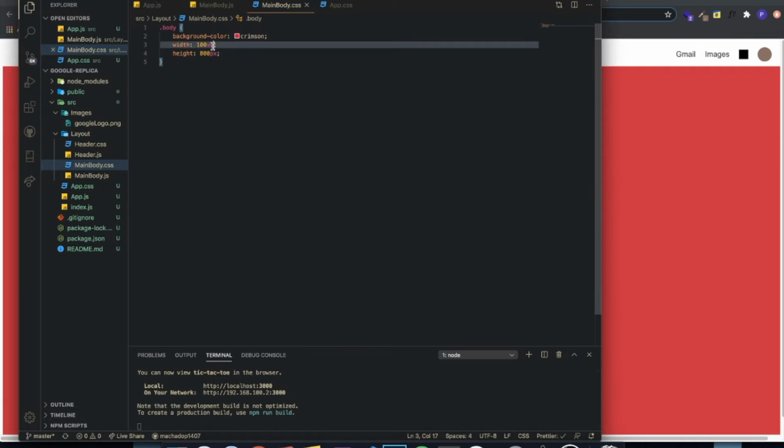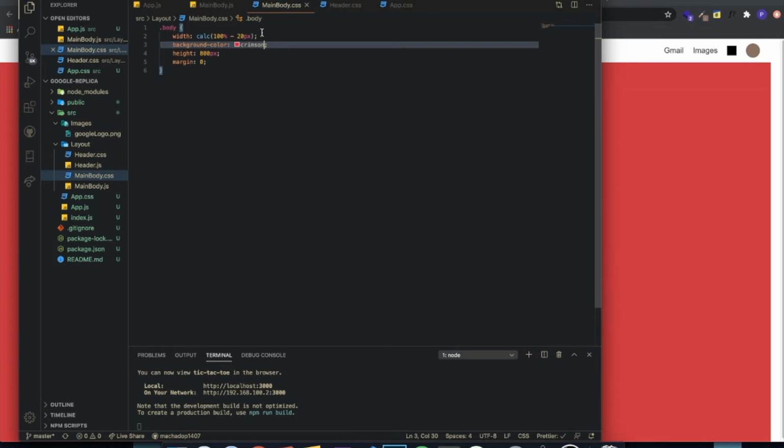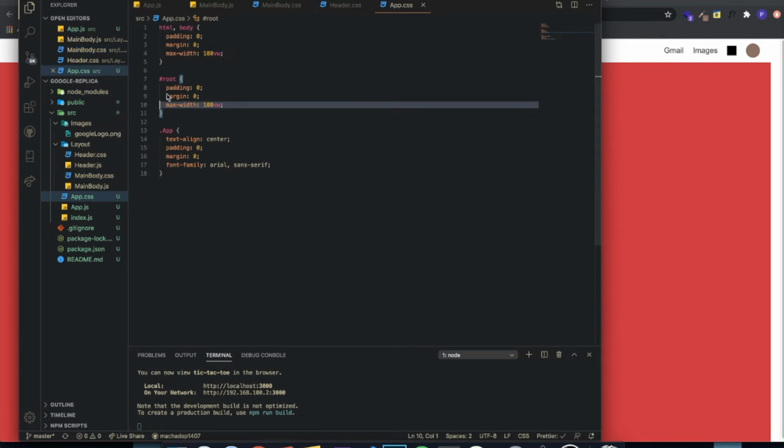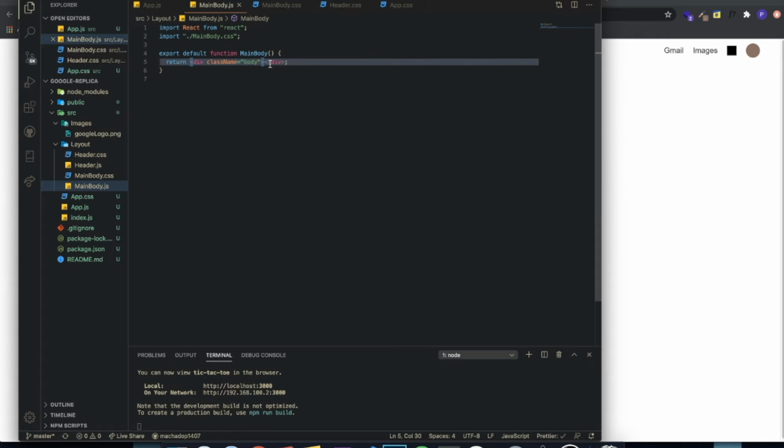Here, I'm gonna try to change this to percent again and see if it works. Yeah, it's still working, but it's kind of over the limit, so I'm gonna decrease it a bit. Okay, so it's working now. Basically, I just went to the app CSS and I changed the width from the root. This is what was causing the problem. So I just added a max width of 100 VW, and now it's working. So I'm gonna remove the color from here,